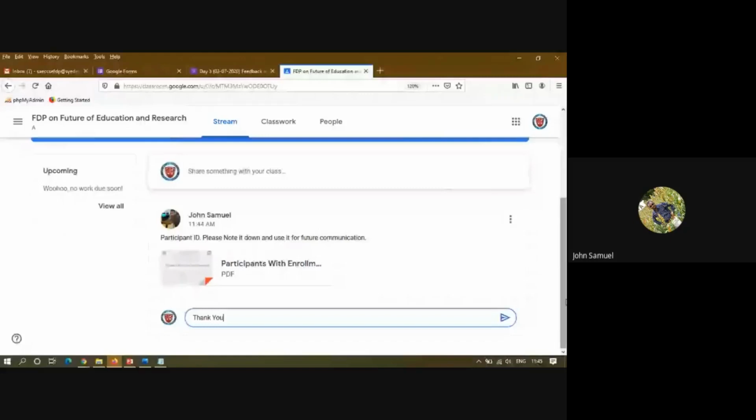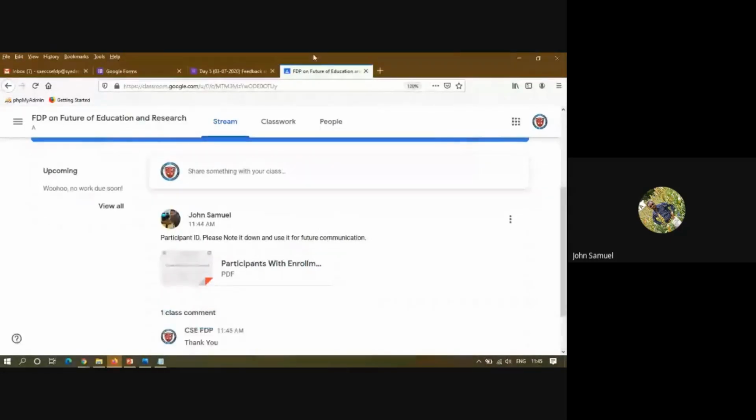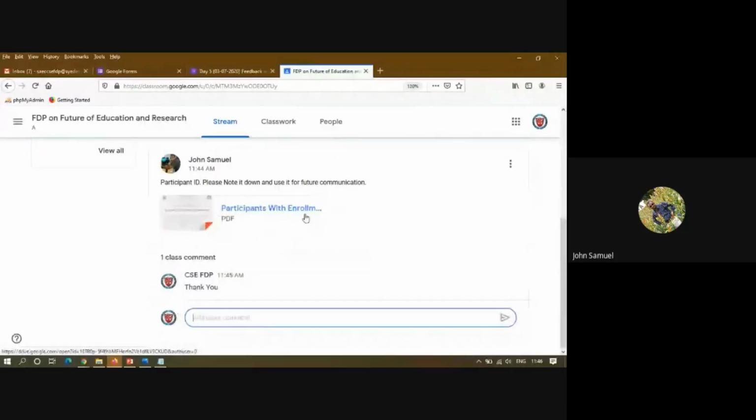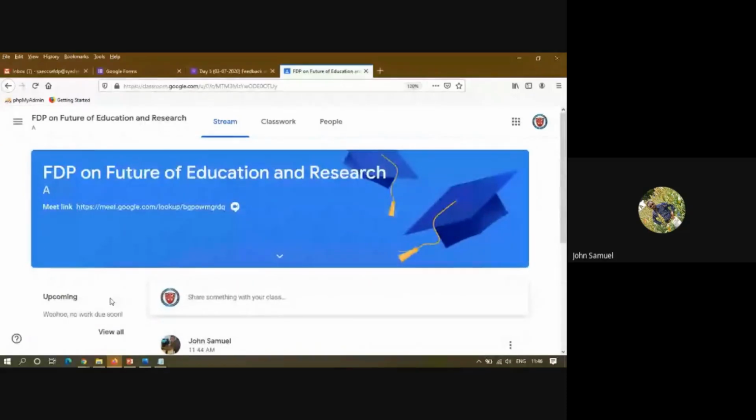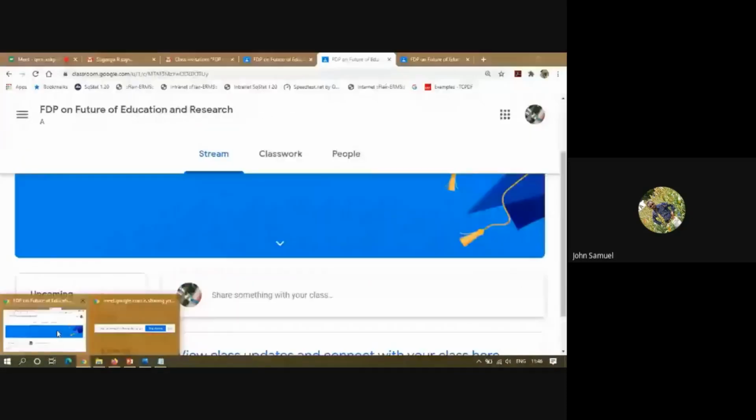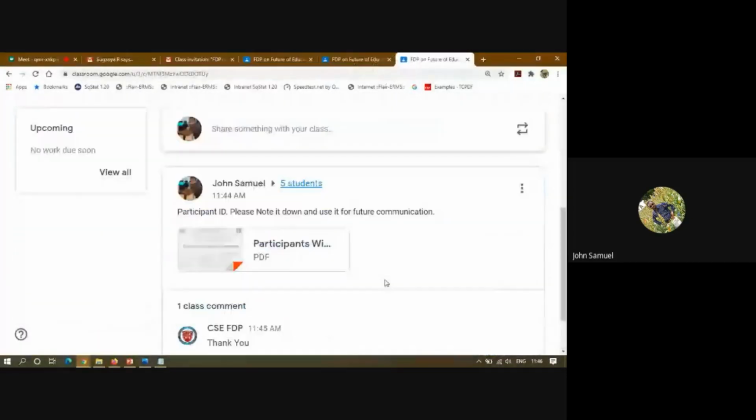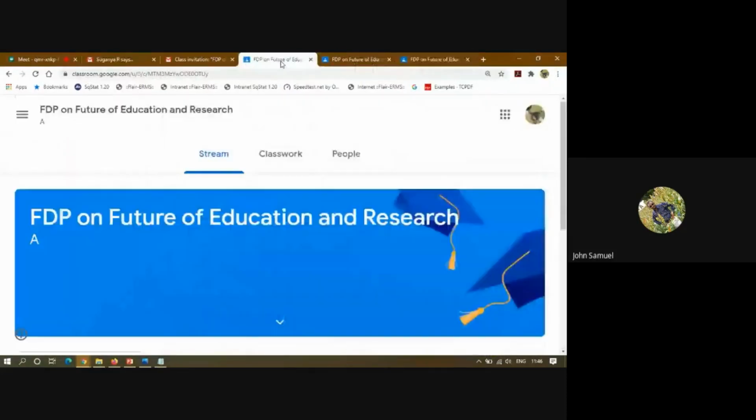So students can post their comments. It can be viewed by all the students as well as teachers. You see, in the teacher's menu it will be displayed, and in the student's also.